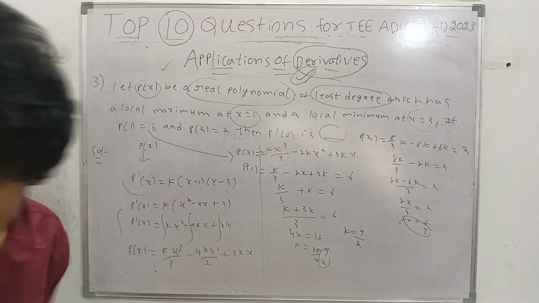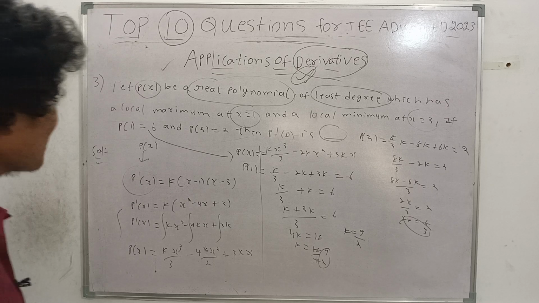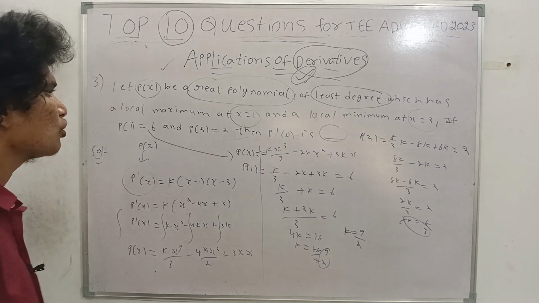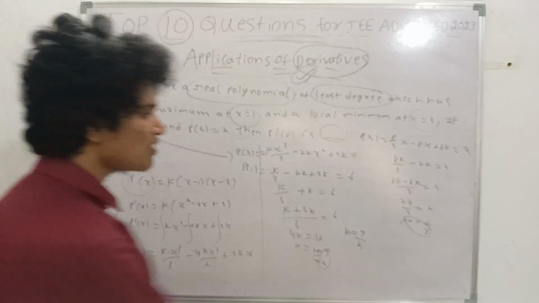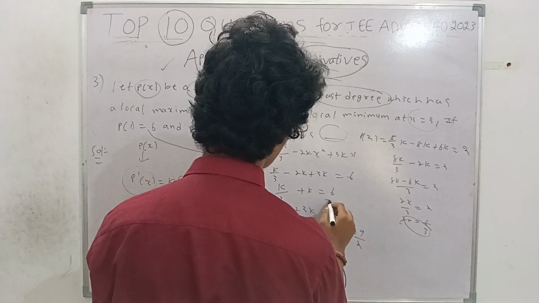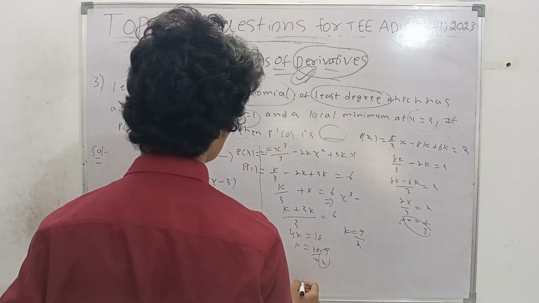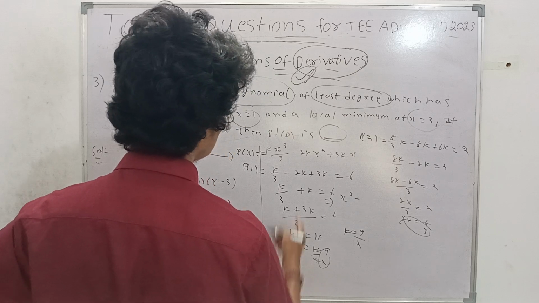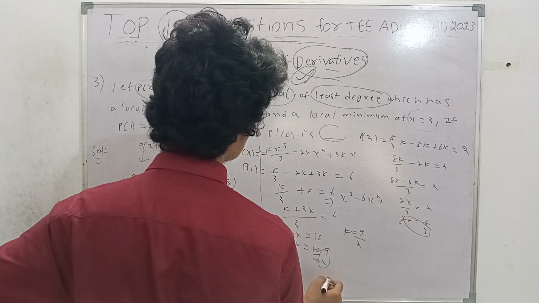I think there is an error here. Wait, I will check. It should be least degree. This condition is very important. P of x should be of least degree. So when will it be the least degree, you have to think. Suppose I assume k equal to 3 here, what will you get? You will get x cube minus 6x square plus